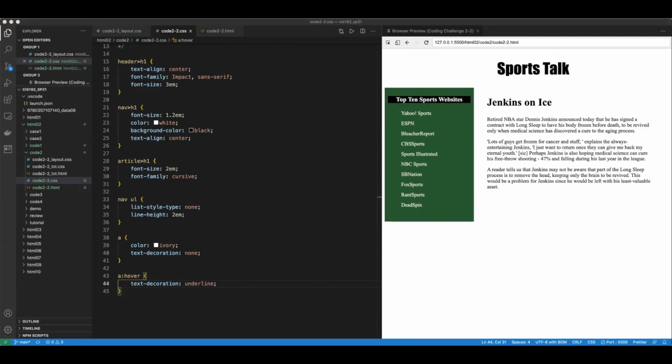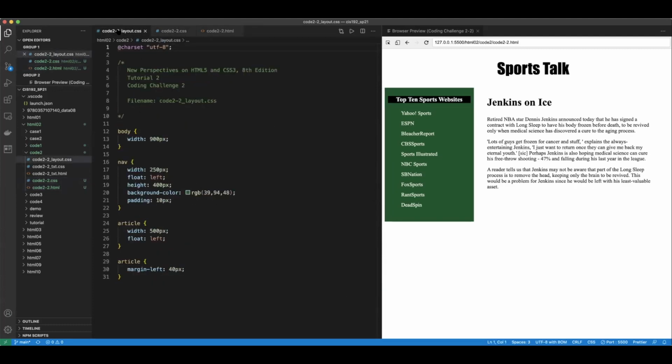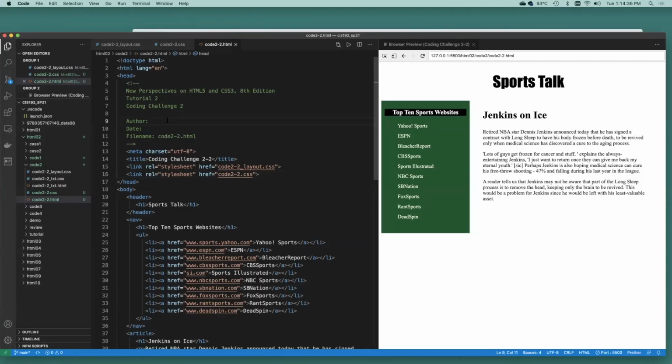I think we're done with code 2.2 here. So hopefully this works out for you if you're just coding this. Let's take a look if we're going to do MindTap. Since MindTap, I think, checks for the author and the